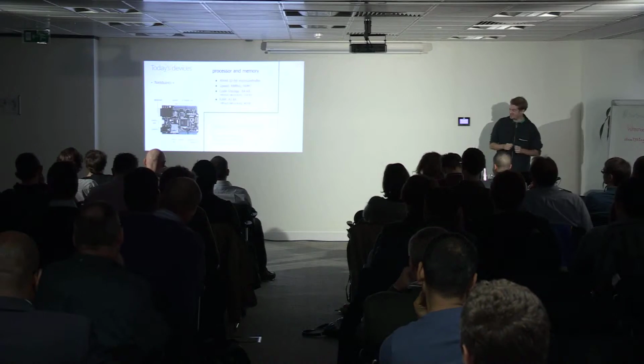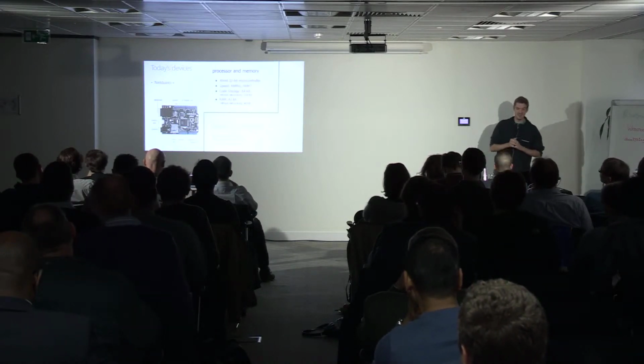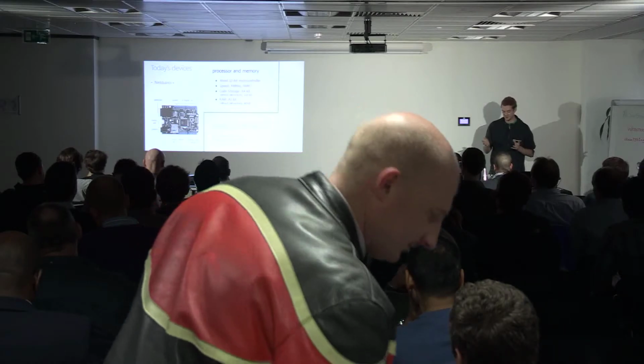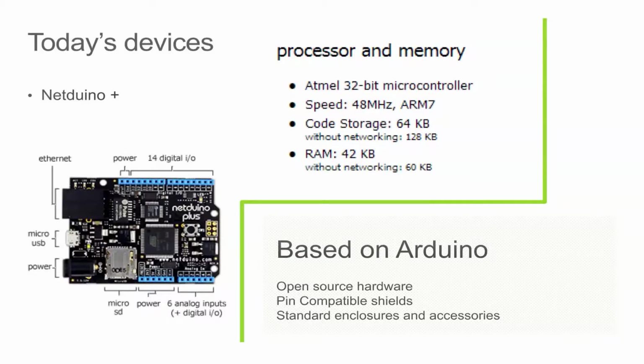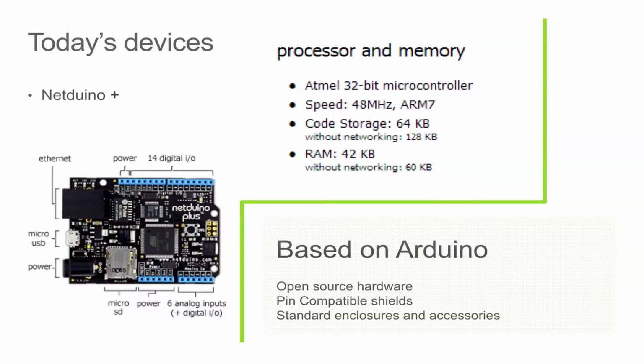So today's devices, haha, excellent. It is a Netduino Plus by Secret Labs. And I mentioned before that a version 2 came out yesterday. That means that all of these stats are sort of old now. So it's 48 megahertz, which is actually pretty quick, an ARM7 processor. The new version is like 6 times faster. And if I could do maths, I'd tell you what that was. It also has 300 and something, or I think it was 600 and something, code storage kilobytes, and RAM, again, which is like 6 times higher.